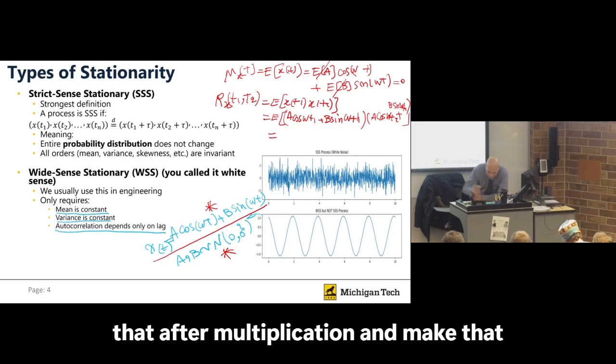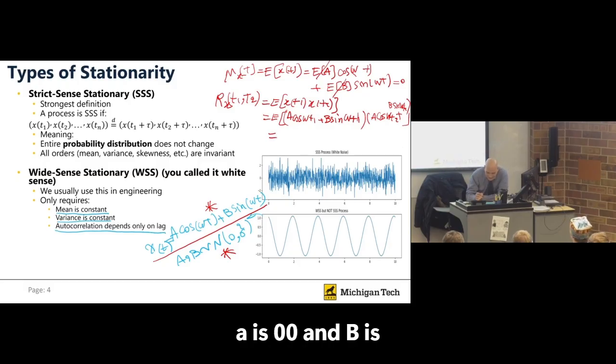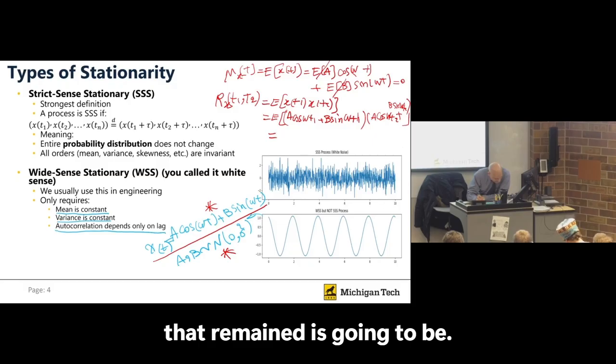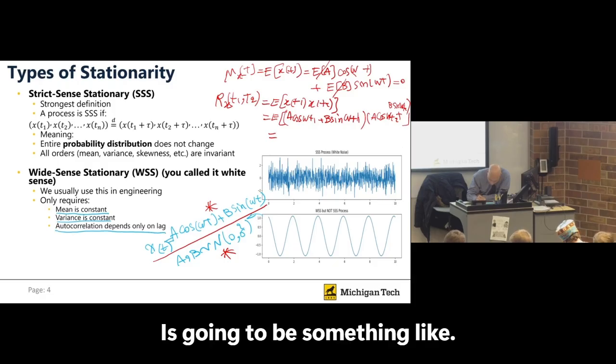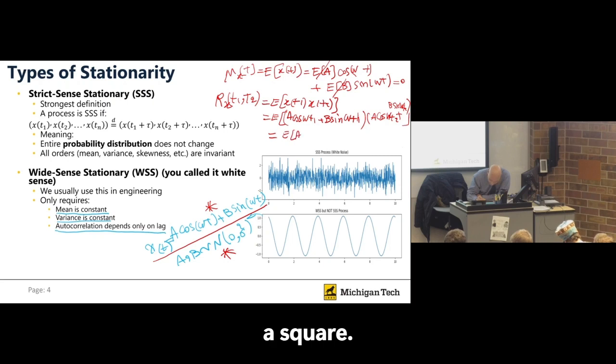So when we do that, after multiplication and simplifying, because the expected value of A is 0 and B is 0 as well, the only thing that remains, after canceling them out, is something like the expected value of A squared cos of omega t1 cos of omega t2 plus the expected value of B squared sine of omega t1 sine of omega t2,